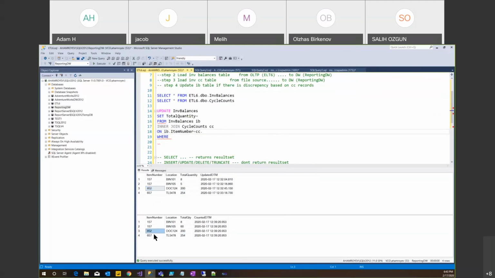If you join by item number only, those two match correctly. But this and that will have a problem matching. This row will match with this row and also with this row. It shouldn't happen. This row should not match with this row because this row has a different location, and this row has a different location. That's why we have to do